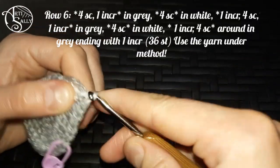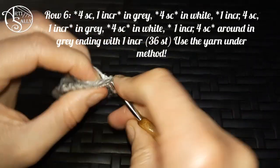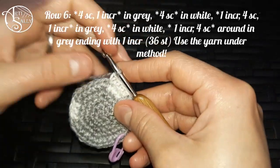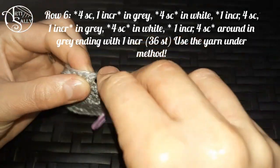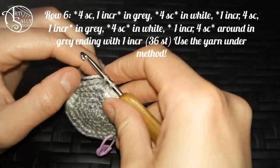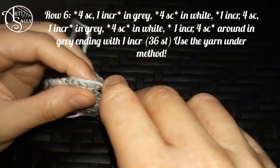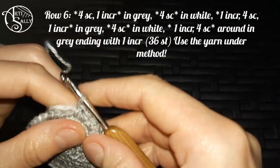Then you work 4 single crochets in white, 2, 3, the 4th you finish with gray, and you put 1 increase in that stitch right next to the white, it's 1, it's 2, then you work 4 single crochets across the next 4 stitches,